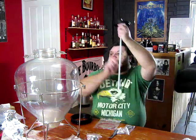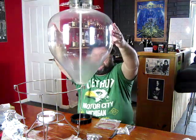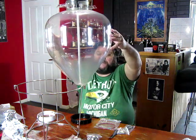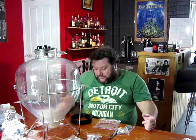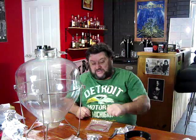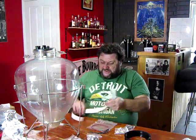So we pop that in there, and we see that thermowell goes all the way through to the very bottom. Yeah, it's half an inch from the bottom. So that should give a temperature reading, you know, not right in the middle of the wort, so it should be as accurate as you can possibly get. So that's that. I've got a little digital thermometer, which will go on the side, which I'll fix up,